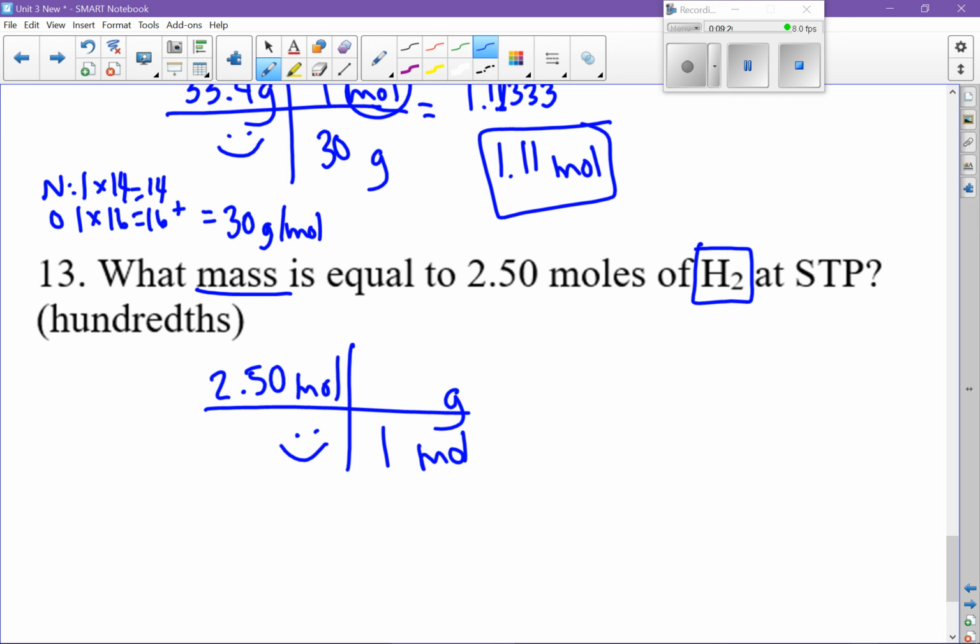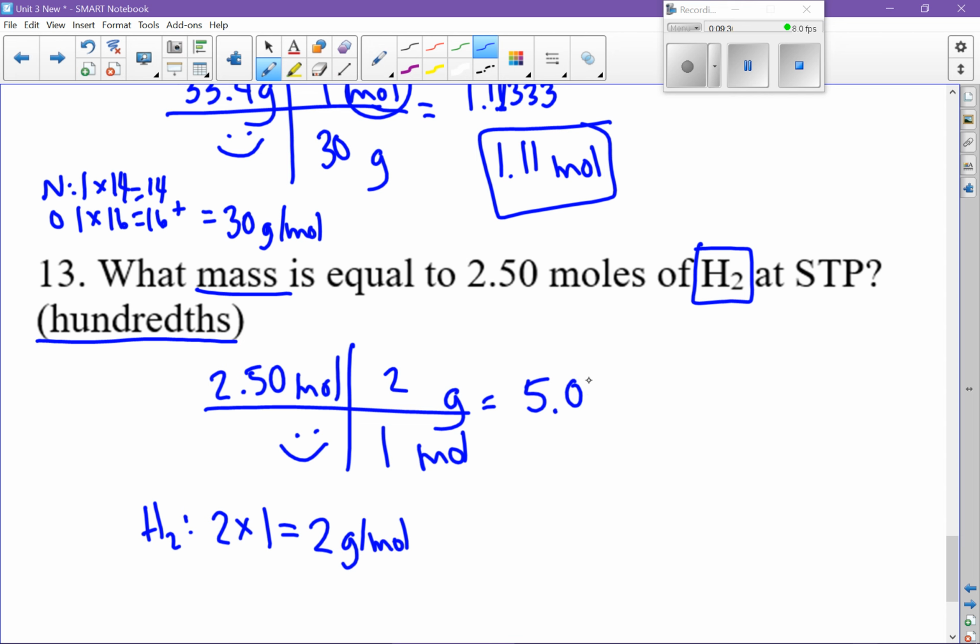My chemical is H2. So there are 2 hydrogens. The mass of a hydrogen is 1. So this has a mass of 2 grams per mole. So I put 2 here. My calculator says that this equals 5. To make that round to the hundredths place, I can add 0.00. And lastly, my unit